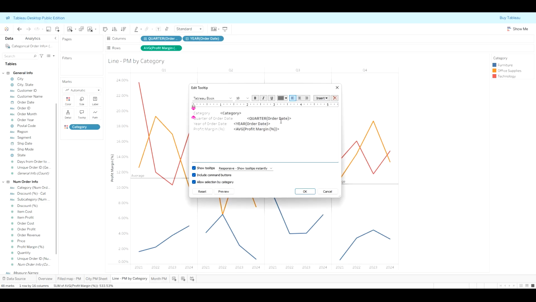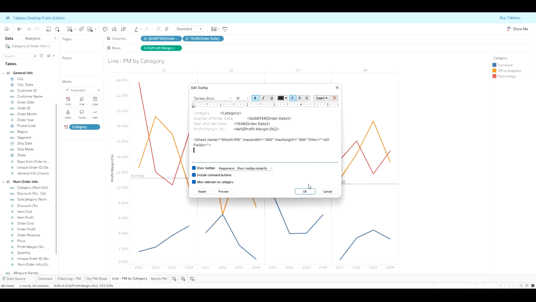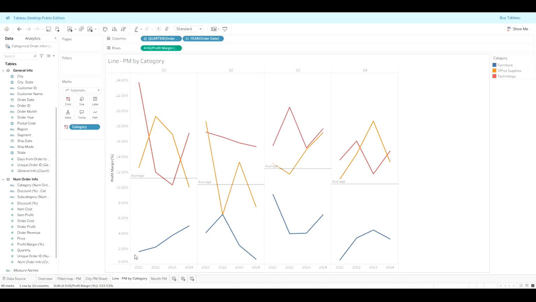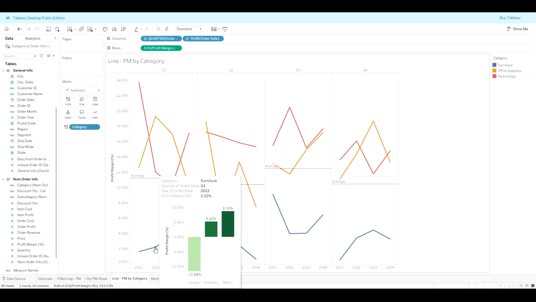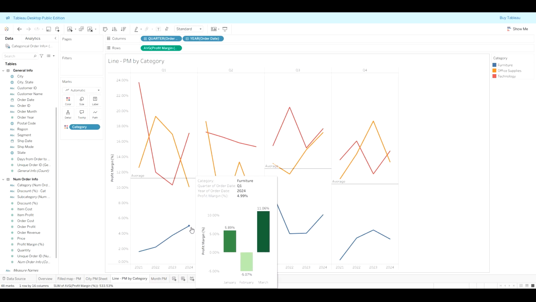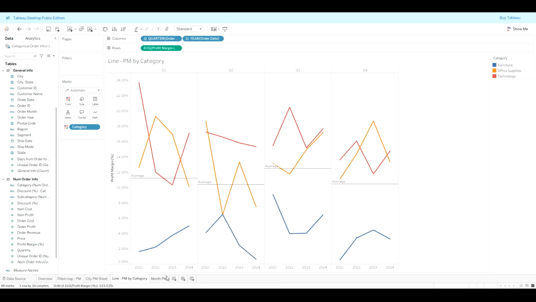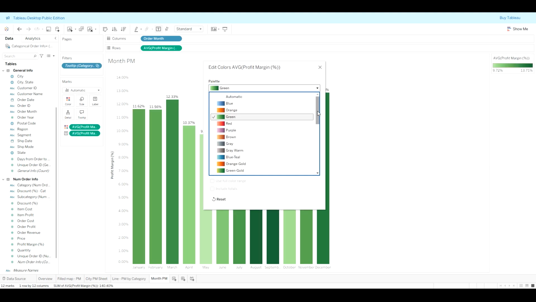But then what I can do here is put that in the tooltip. So I'm going to go into the tooltip. I'll click here, increase. I'll do this, and then I'll do sheets. And then I want month profit margin. I'll do OK. Again, the hard part about this one is if you're over these, it's only going to show the first quarter, which is really, really nice. So you can look in these by month for each quarter and where it's in relation to. This one may actually be where I want to go back to,